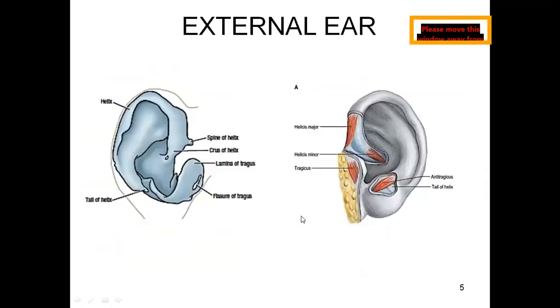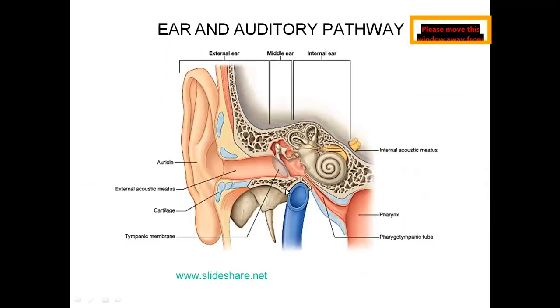Now if you just look at this picture, I'll take you to the first slide. Your picture is a little better. You can see here, this is the middle ear cavity. In the middle ear cavity, this is the roof. Whole of the ear is present in which bone? Temporal bone. So the roof is formed by the middle cranial fossa. The part of the temporal bone forming the roof of the middle ear is tegmen tympani. Floor is also formed by a plate of temporal bone which is separating the middle ear cavity from the internal jugular vein.